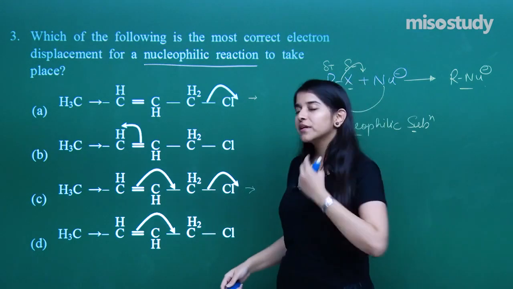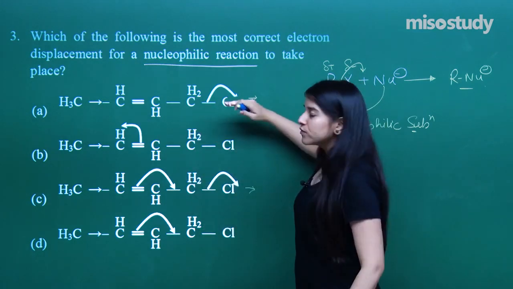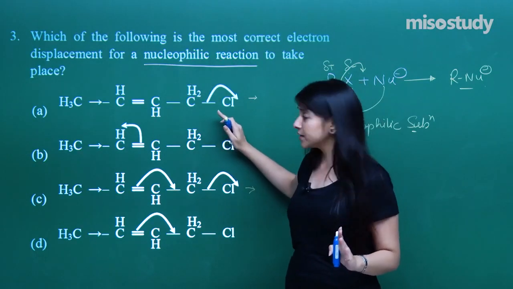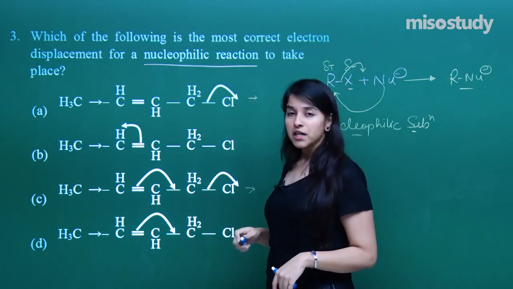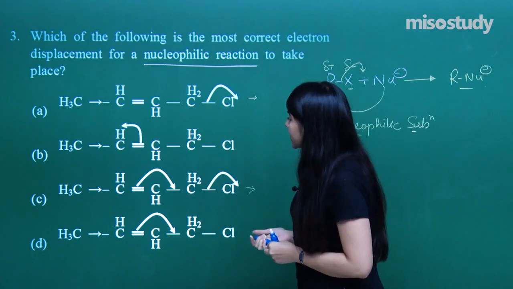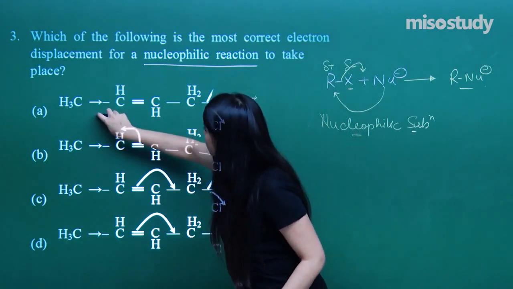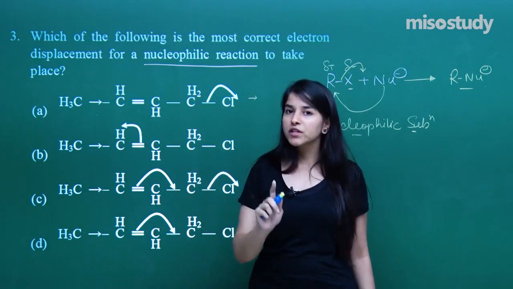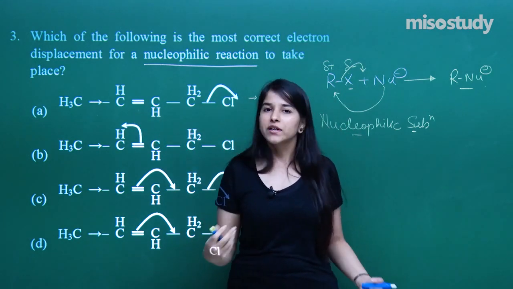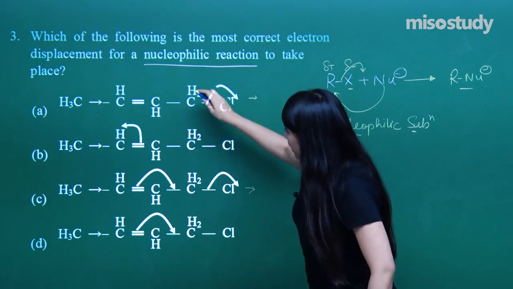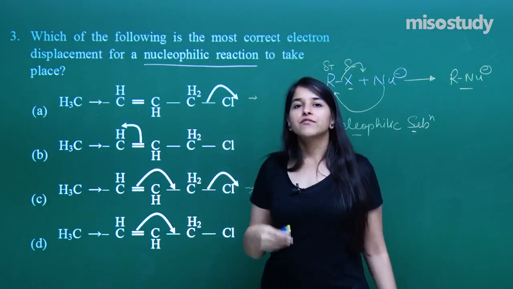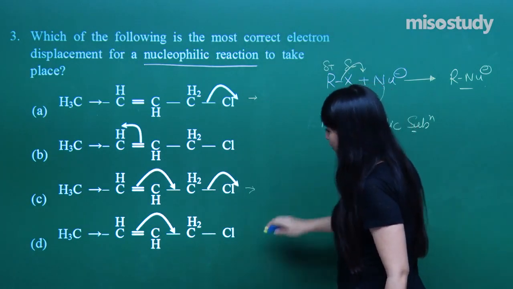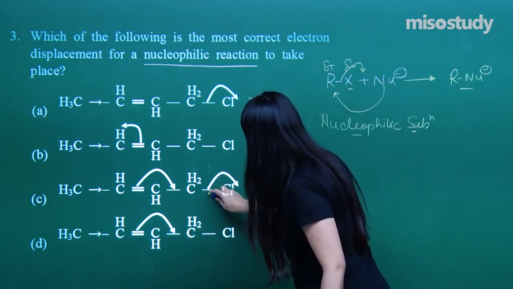Now what do I need to do? I need to remove this group, that is definite, as I need to substitute the nucleophile over here in place of chlorine. But what is actually present in the compound is, you can see very well, a double bond. So this double bond is going to play a role. What kind of a role? There will be the formation of a cation. How will a cation be formed? First, this chlorine will go off.